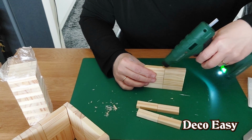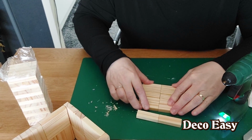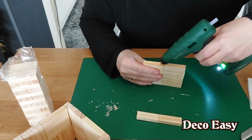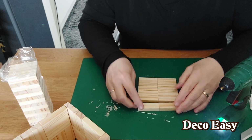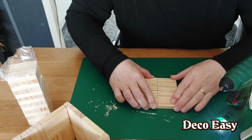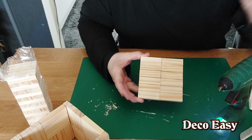You see, now we're going to do the next one. And again, squeeze it together. And the last one. And squeeze it together again. And now you see you get a nice bottom for the underside of your little